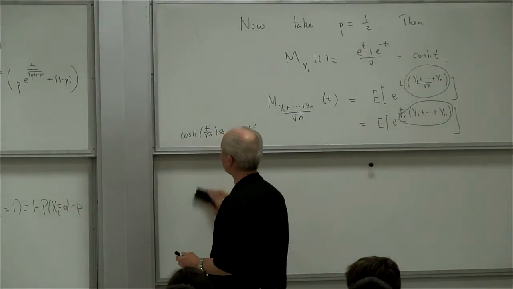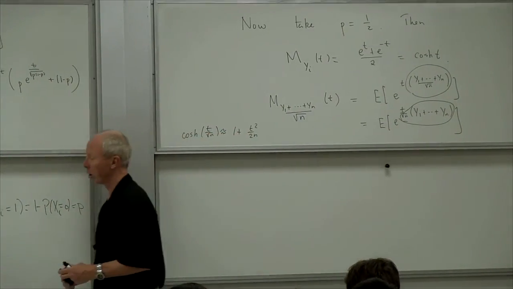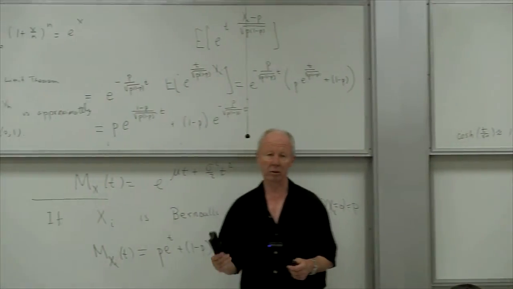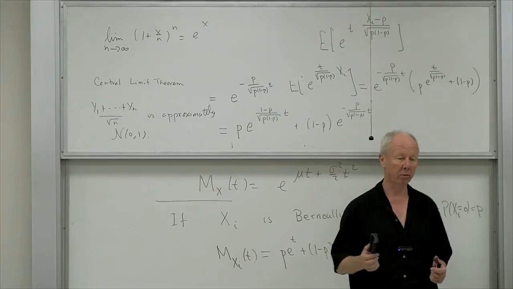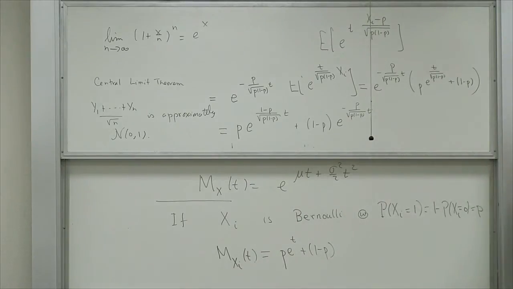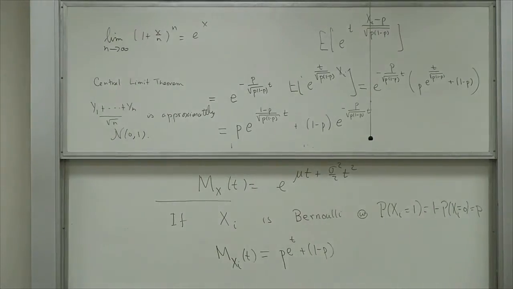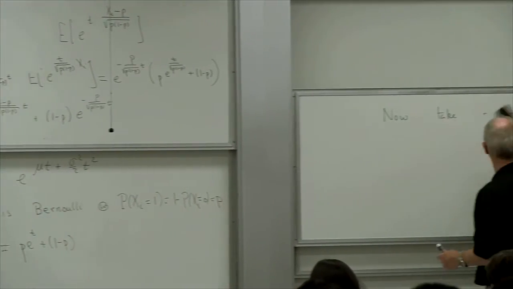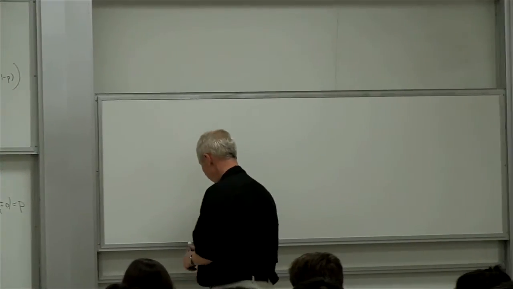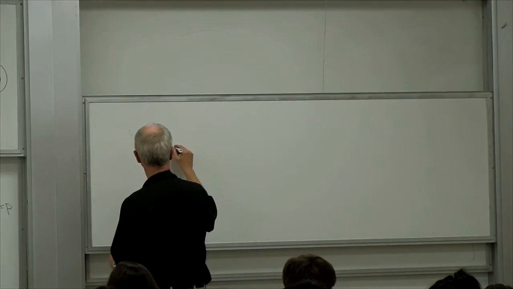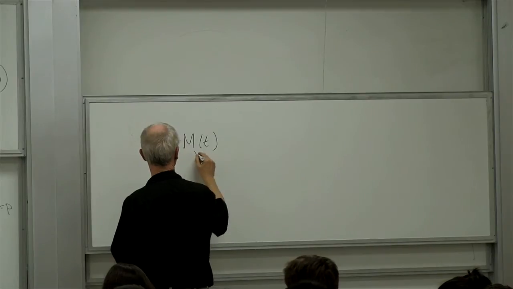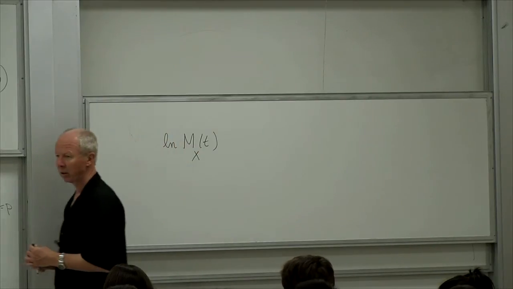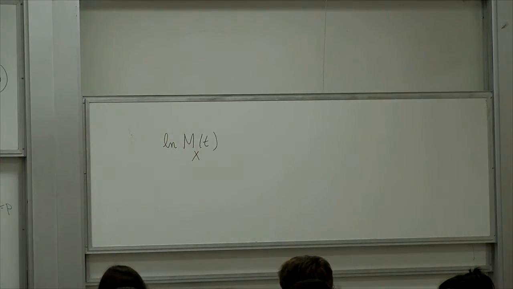In the book, it tells you why these things are called moment generating functions, because if you differentiate once and evaluate at 0, you get the expected value of the random variable. If you differentiate twice and evaluate at 0, you get the expected value of the square. What's maybe even more interesting is to take the log of the moment generating function